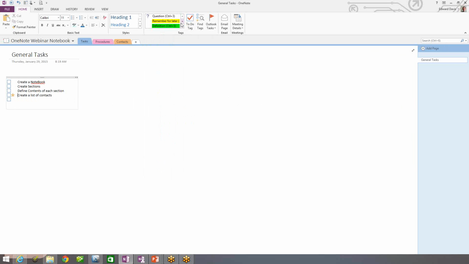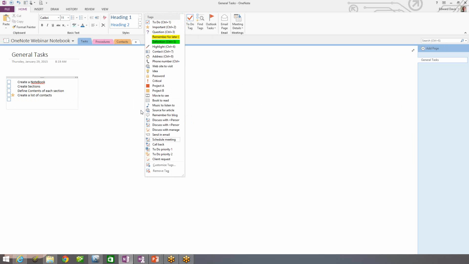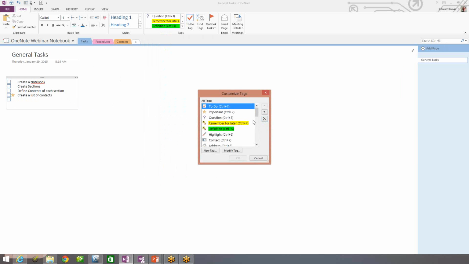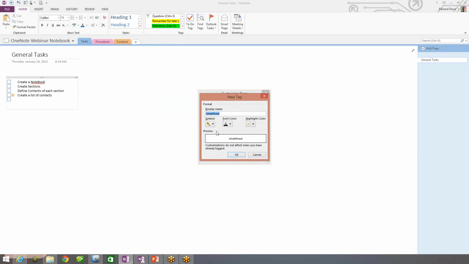So there's a whole list, and in addition to the list that's up here, you can remove them if you don't like them, but you can also add tags. So you can click on Customize Tags here, and from here you can add and remove. I can create a new tag if I want. So if I wanted to create a tag called Personal Items,